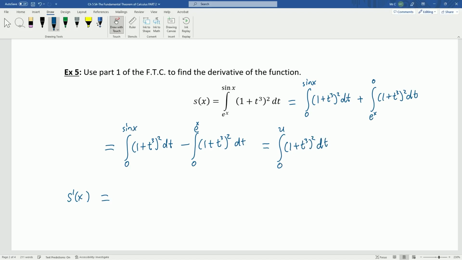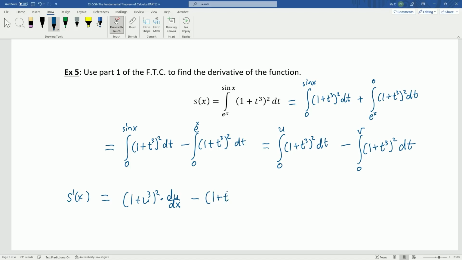Of course, u is sine of x, minus, and we'll call this the integral from 0 to v. And so I'll apply my chain rule to each of these derivatives. So here I get 1 plus t cubed squared. That should be 1 plus u cubed squared, right? Substitute the bound variable in, times the derivative of u with respect to x, plus, minus, and here we get